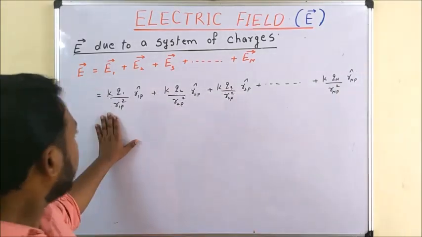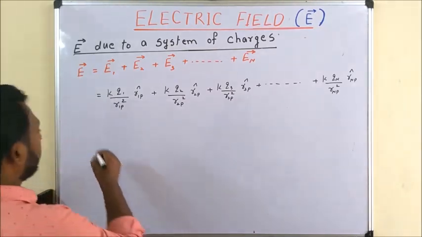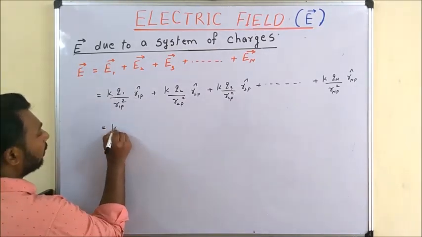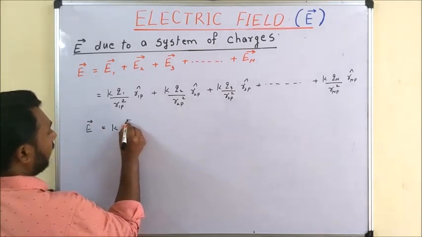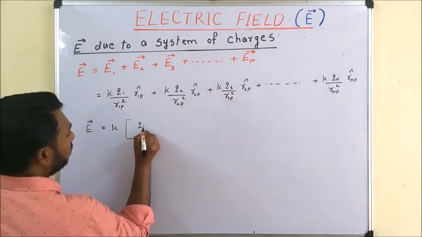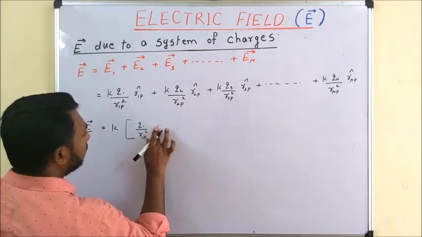So it's clear that the constant K is common everywhere, so you can write K outside. So it is Q1 divided by R1P square